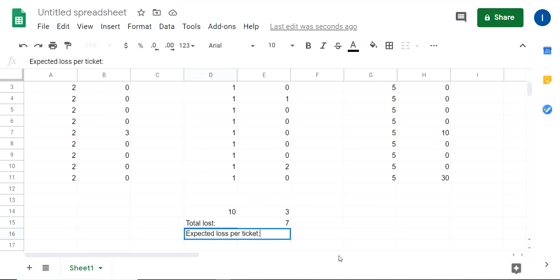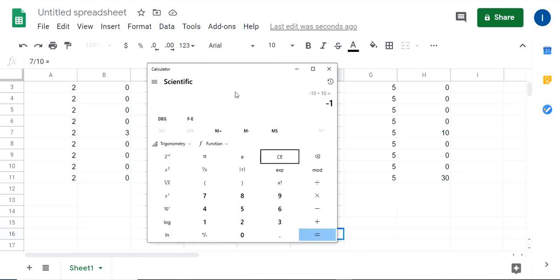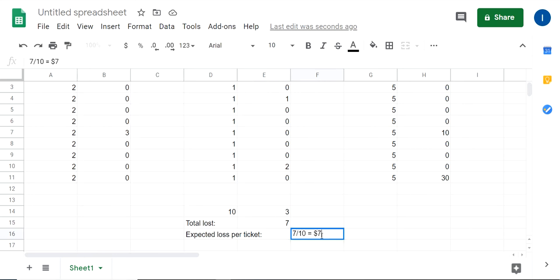So the expected loss per ticket is going to be the $7 I lost divided by the 10 tickets that I had. That way you break up the loss evenly amongst those 10 tickets. And that's what you've been doing in Newton with expected value. 7 divided by 10 gives us... So I expect to lose about 70 cents per